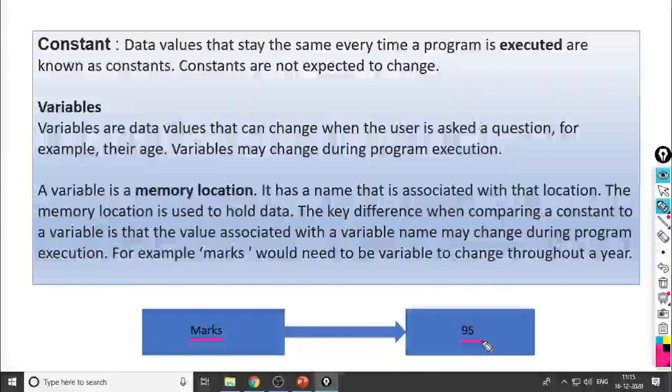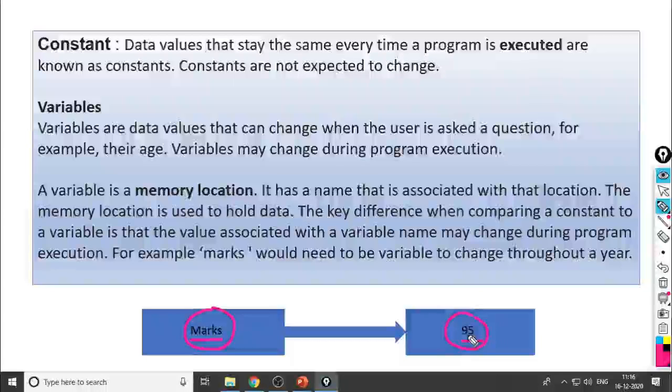So 95 is associated with marks. 95 will be stored in computer memory with the name marks. And if we want to access the value 95, how can we access it? We can call this 95 value with the name marks. So this is called the variable name and this is called the value.